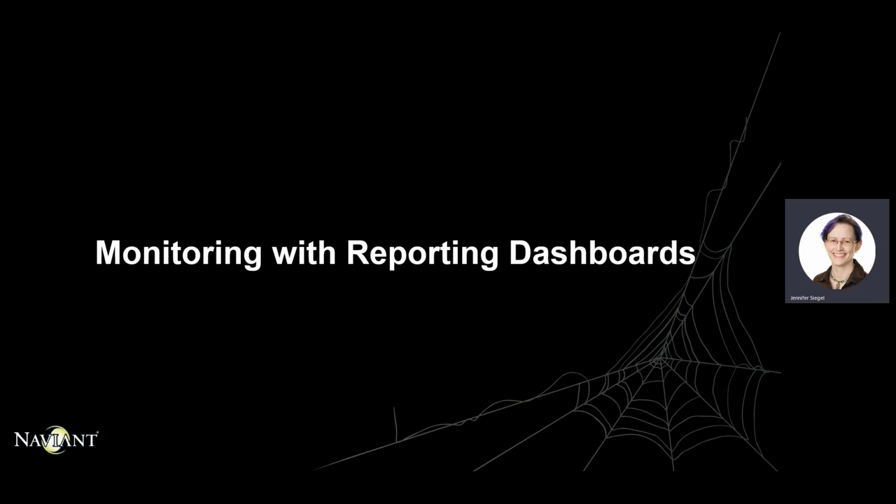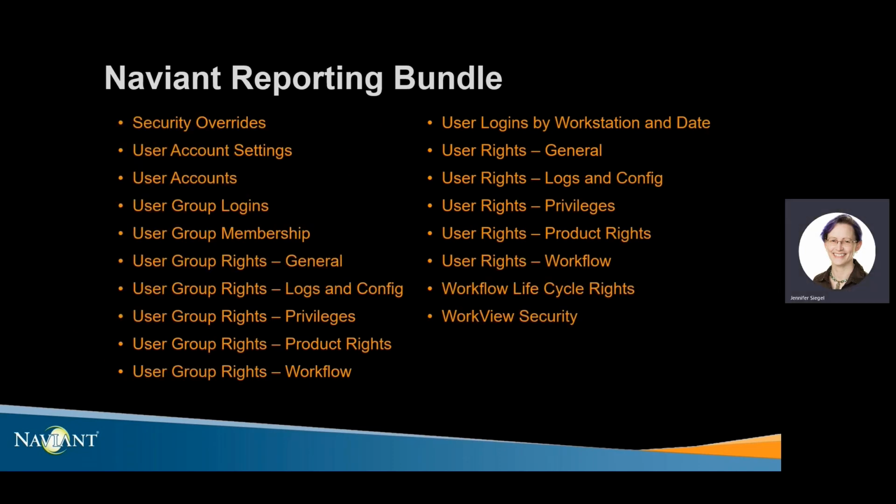The biggest downside to user group and override security features is that they're hard to track because the settings are spread out, making the aggregate permissions difficult to identify, and settings like the overrides and security keywords easily forgotten. This is where reporting dashboards can be a real boon. If you have the reporting dashboards module, Navient has a bundle of what is now up to 79 reports that are designed to make critical data like this more accessible in OnBase, 18 of which are focused on security settings, enabling you to access the information in a more centralized way with fewer clicks.